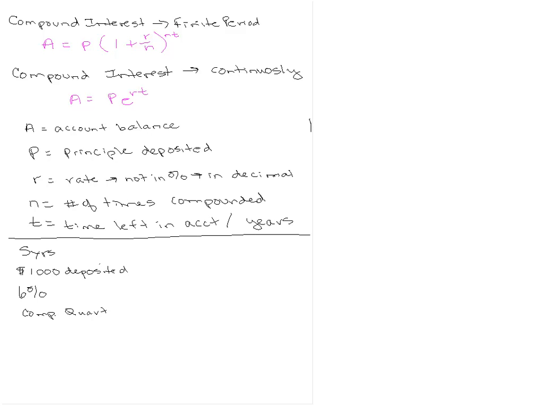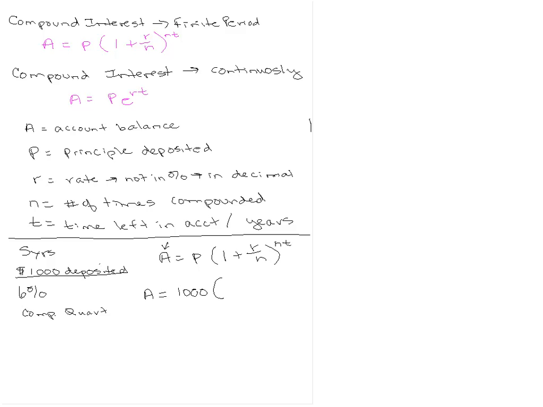Now, let me remind you, it's A equals P times (1 plus R over N) all to the N times T. So how much will be in the account? That's what we're solving for. A equals. Now, what was P? P was the principal, the amount you deposit, the amount you start with. That's 1,000